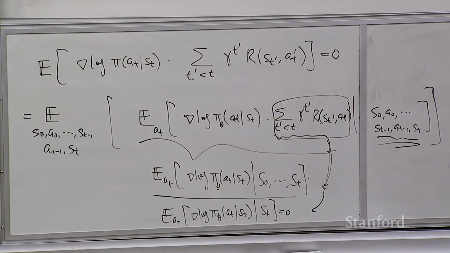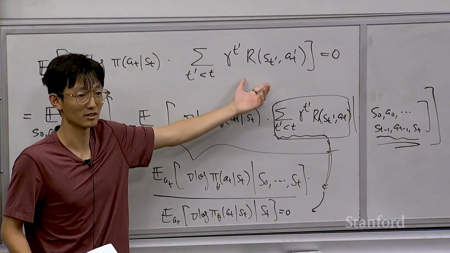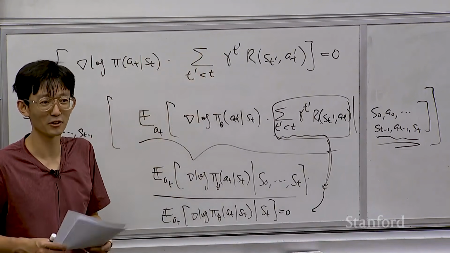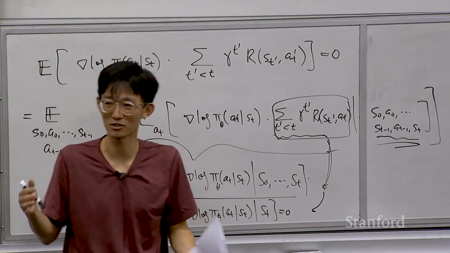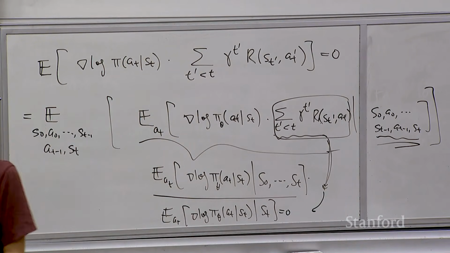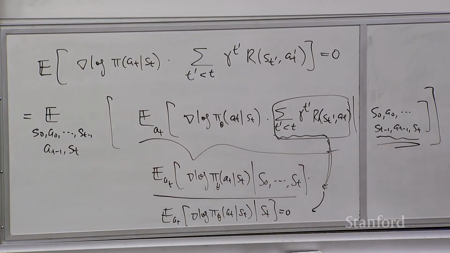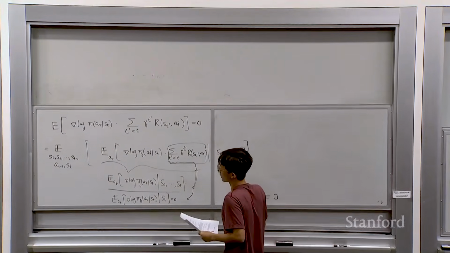So intuitively, the weighting here is really just a constant because it's about the past. The past reward, there's nothing you can change. You should only weight your probability based on the reward you can change. Whatever you cannot change shouldn't affect your decision, right? So that's why, eventually, with all of this calculation,